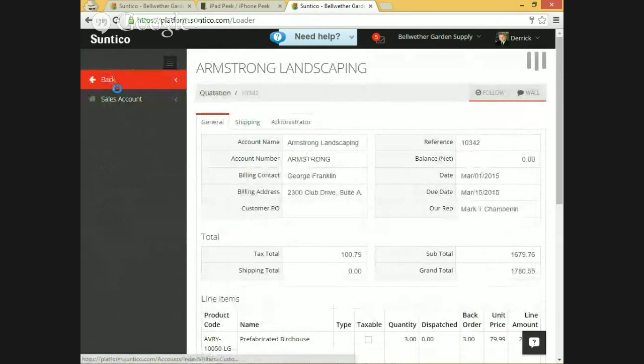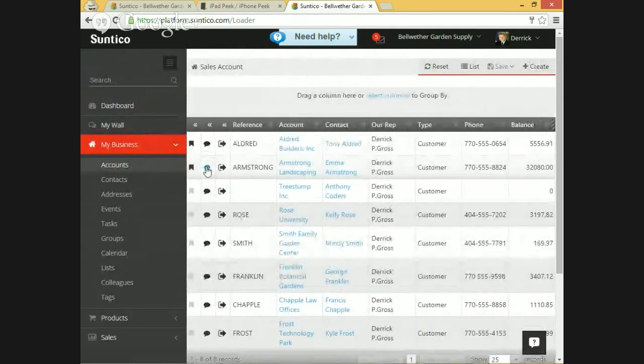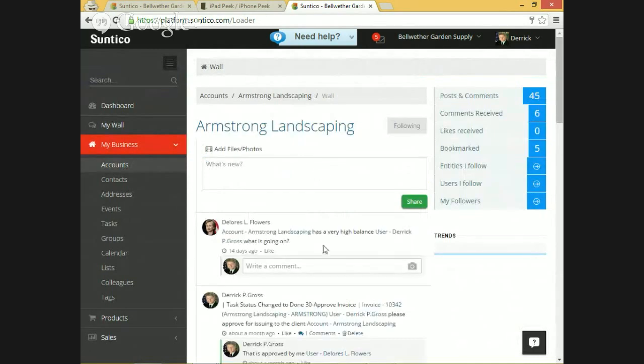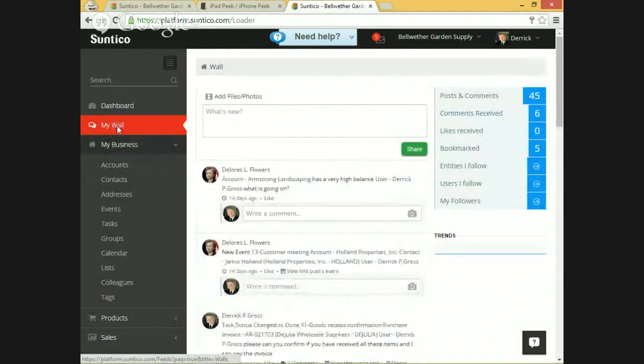But just as important, what I can also see are the discussions. So I can see the discussions relating to a particular account just by drilling down to what we call the wall of an account, which is rather like a kind of Facebook timeline. Or I can go to my wall, where, because I'm following all of my 8 accounts as Derek Gross, any updates, any comments, any discussions to do with any of my accounts are automatically fed up into this wall, and I can kind of live there within my wall, and I can add notes,